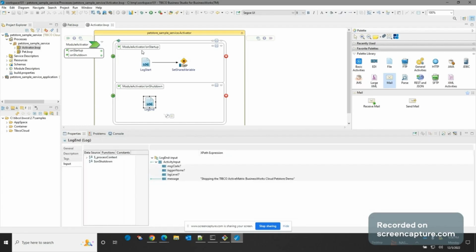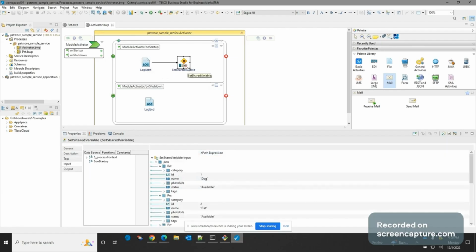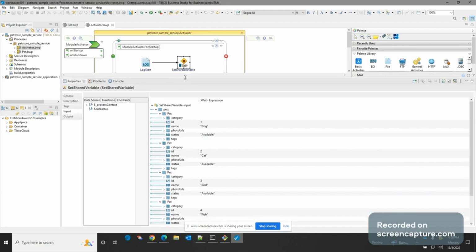It has on startup and on shutdown procedures. On shutdown procedure doesn't have any implementation here. It just logs a sample message saying stopping this application. However, it has on startup a procedure which logs a message and also has a set shared variable which will set